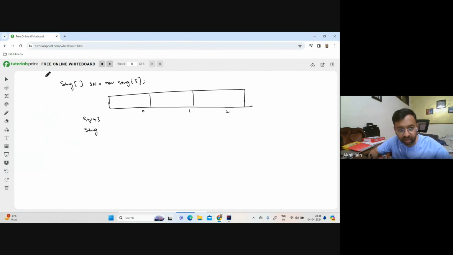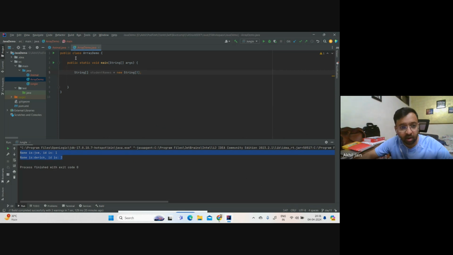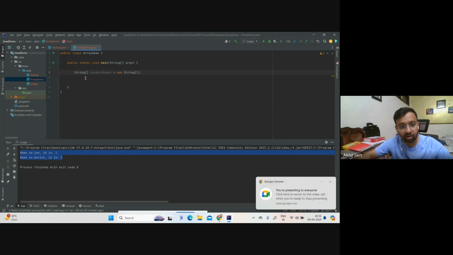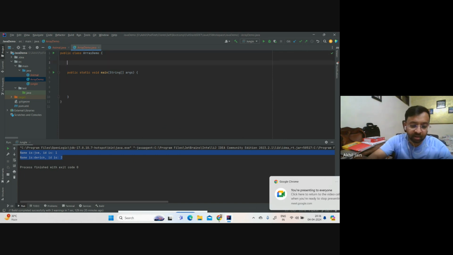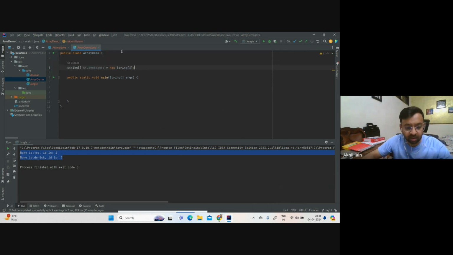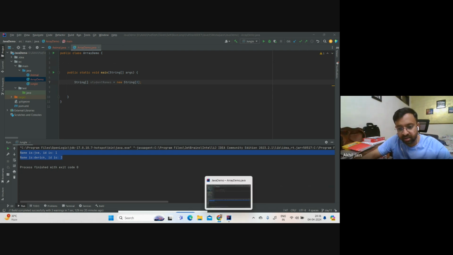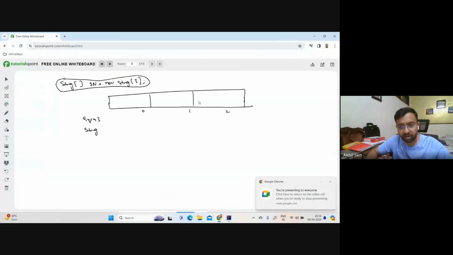If this here is an instance variable, you can see, I created it inside a method, so here it will not get it. But if I would have created this outside the method, it would be an instance variable. In this case, it's a local variable, so it will not get. So leave that discussion as of now. Just understand that it creates an empty array like this, 0, 1, 2,